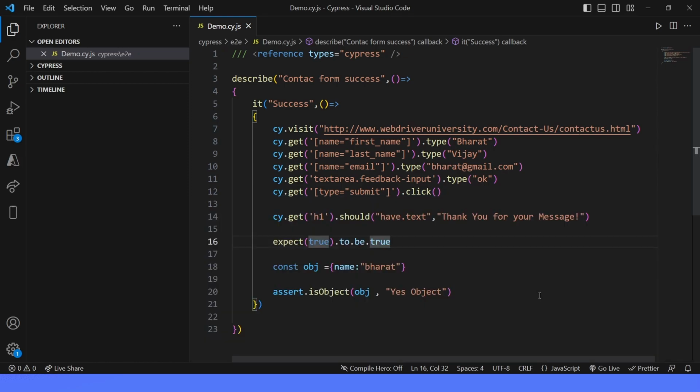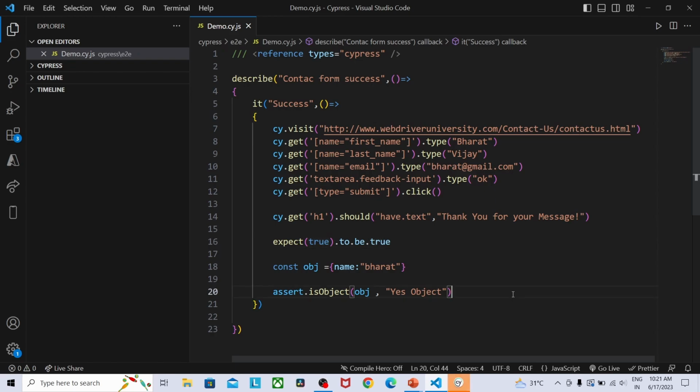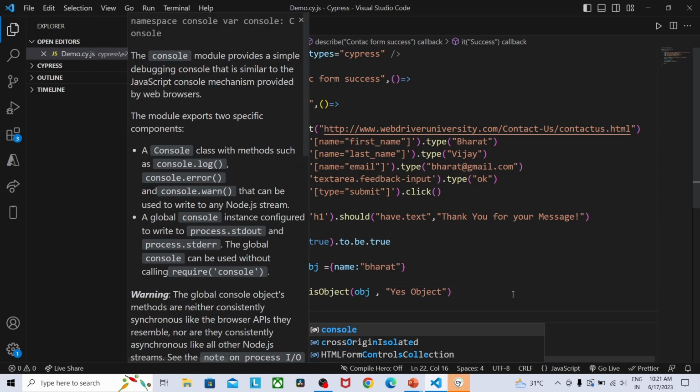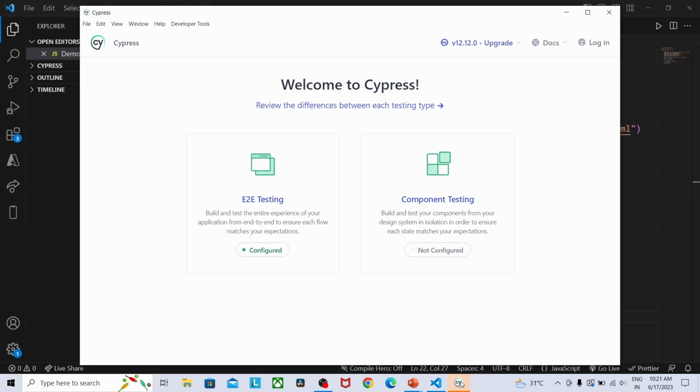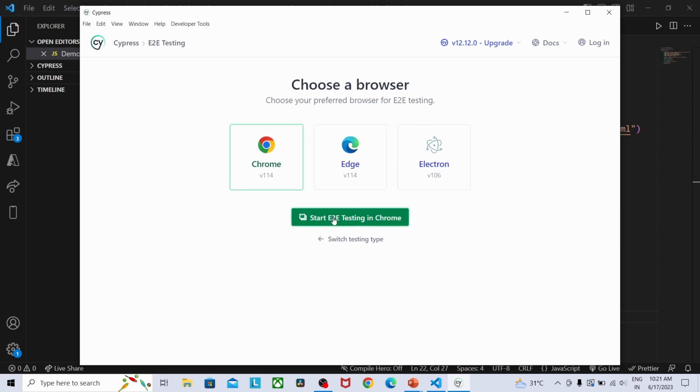In the meantime, I'm going to provide one console.log here, console.log name. So next I'm going to open end-to-end testing, Chrome,